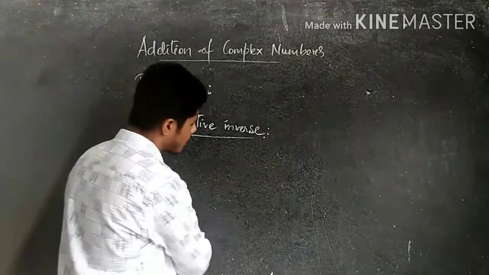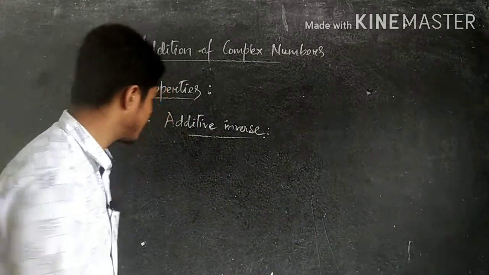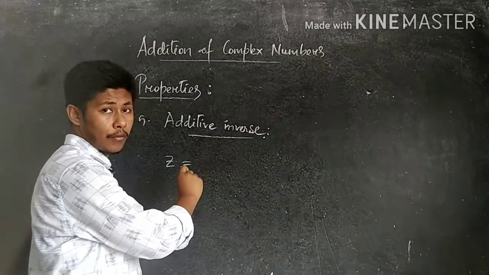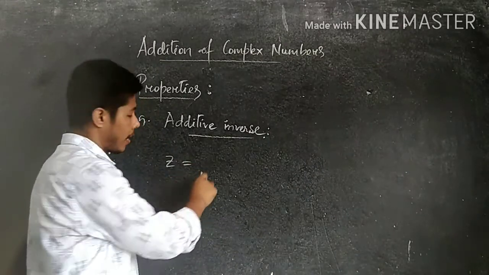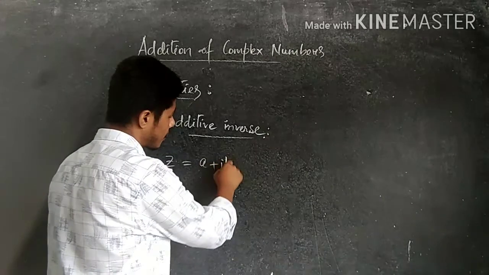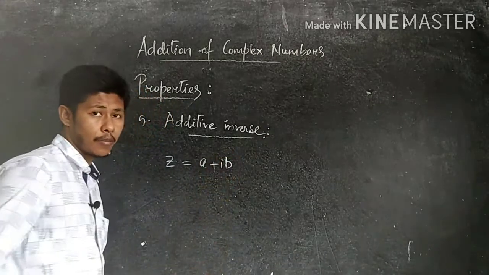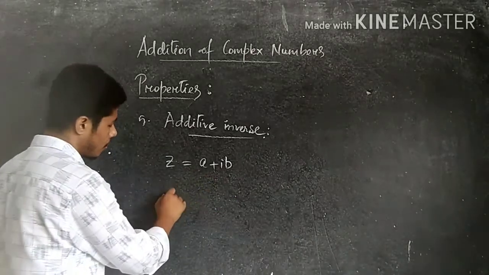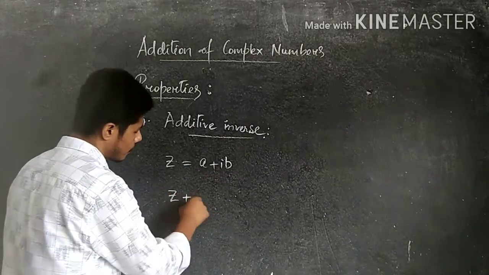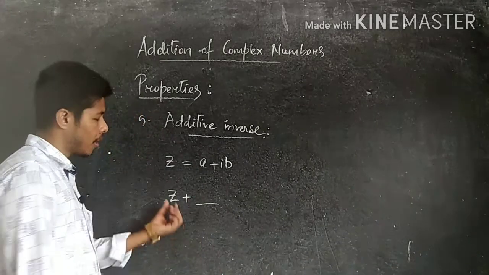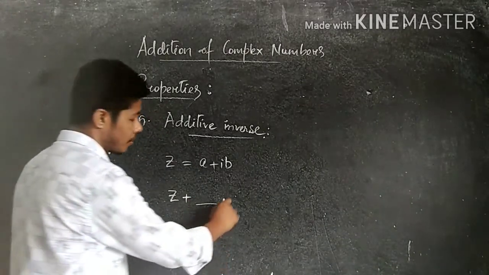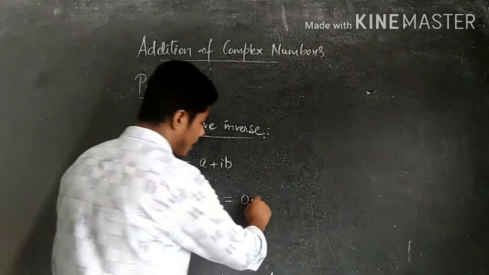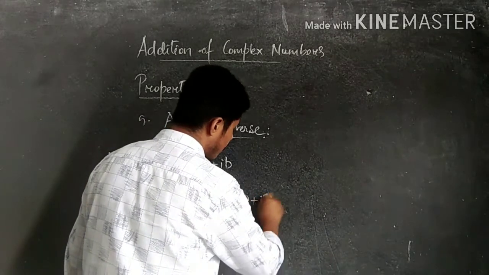So now in case of complex number, what we get here? Now let's see. We have to consider a complex number z. We consider a complex number z, and z is of the form a plus ib. Suppose we consider complex number, or you can say x plus iy also. So now to z, how much we have to add here? We have to get the additive identity. Additive identity means 0.